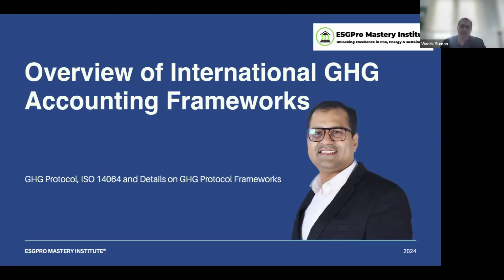And tomorrow when we will come back, we will start with the International GHG Accounting Framework, where the focus will be the GHG Protocol and ISO 14064. Why they are different, what is the purpose, how they work, what are the requirements, what is the history behind it, how they are different, how they are similar, what are the different connotations there, why people use GHG, why people use ISO, why we are training you on the GHG Protocol. All that we will establish in the next 2 hours in tomorrow's session.